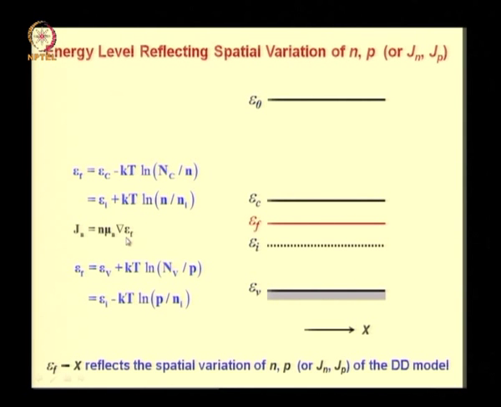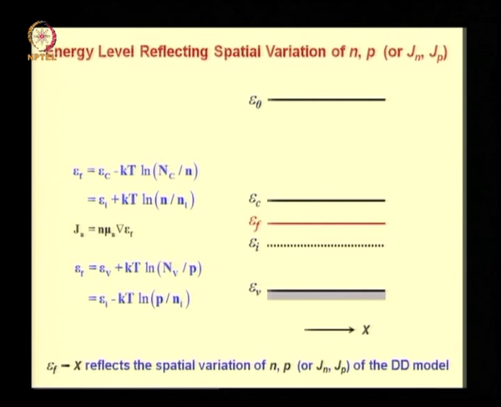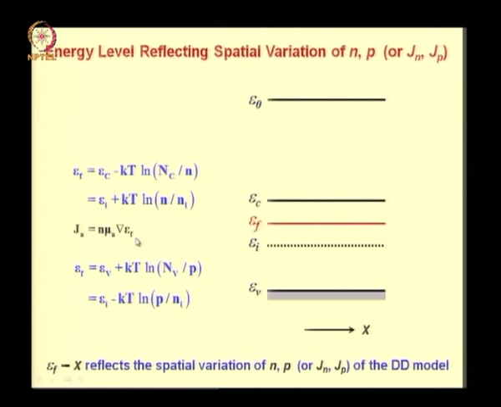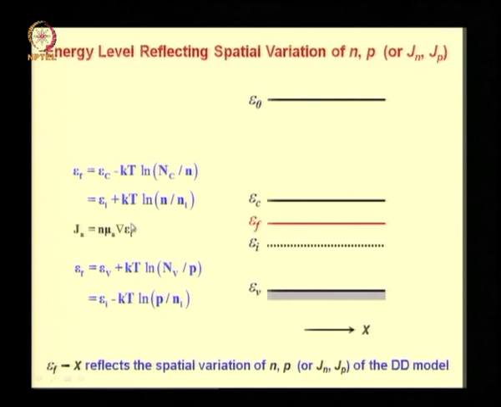Now we are shortly going to give you an assignment in which you can show that drift plus diffusion current, both the terms, can be compressed in a compact form as shown in this relation, n into mu n into gradient of EF. So the gradient of EF reflects both the drift as well as diffusion currents together. This compact form is very useful because it directly tells you how EF, or the gradient of EF, reflects the electron current. The assignment will be given in a short time.